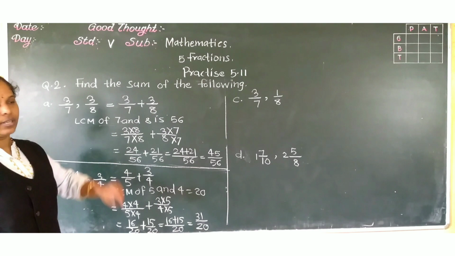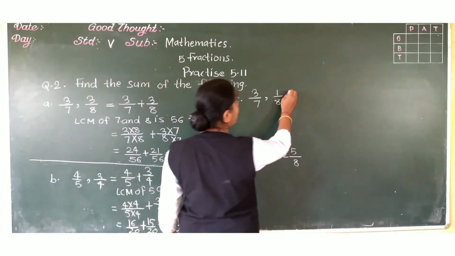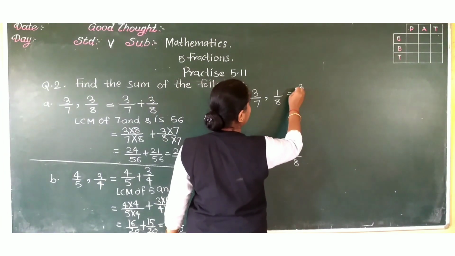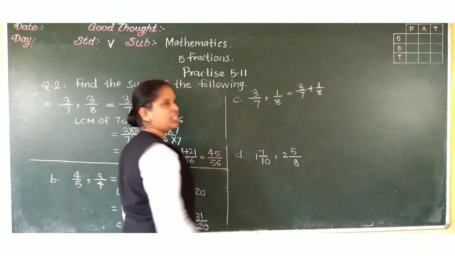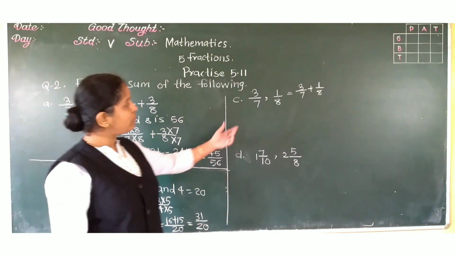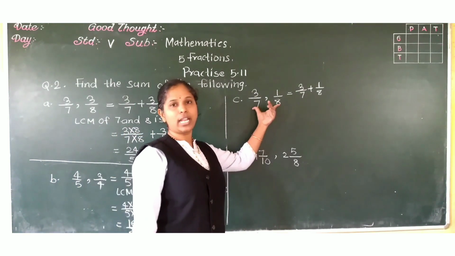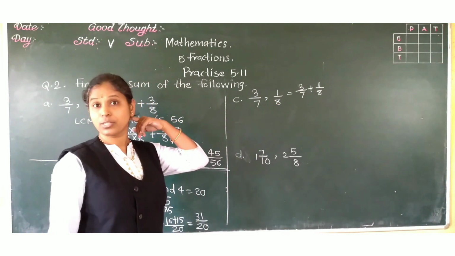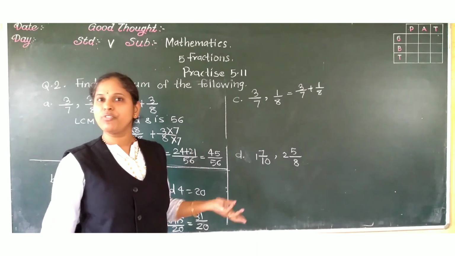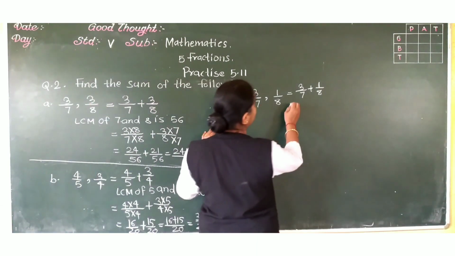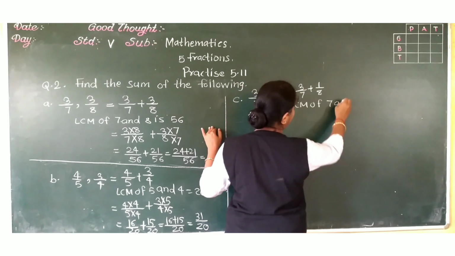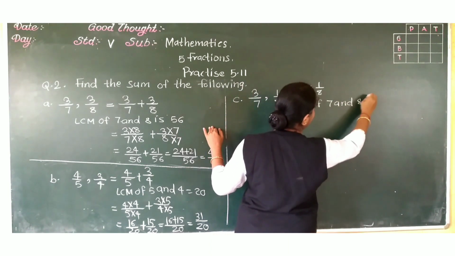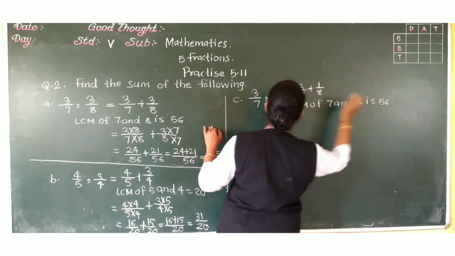Now next, here 3 upon 7, 1 upon 8. Now students, 3 upon 7 plus 1 upon 8. First we have to write the addition sign. Now what will be the LCM of 7 and 8? Which number comes first in both the tables? That is 56. So write down, LCM of 7 and 8 is 56. Therefore